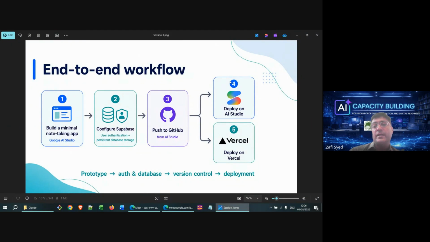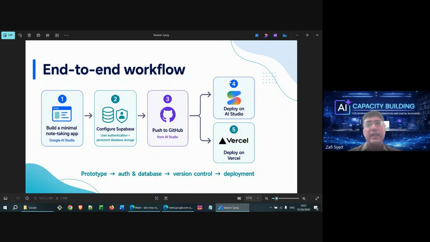But besides Google AI Studio, if you want to use another service for hosting your web application, I would recommend Vercel. Deploying to Vercel would be very easy because in the previous step, we already pushed our code to GitHub. So you'll see how we can deploy the app through two approaches.